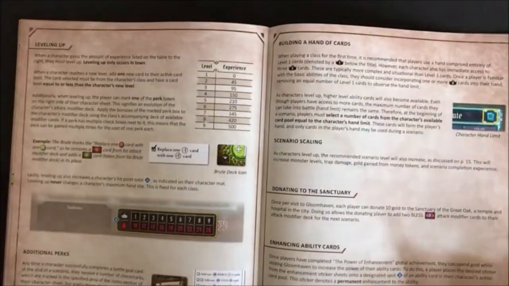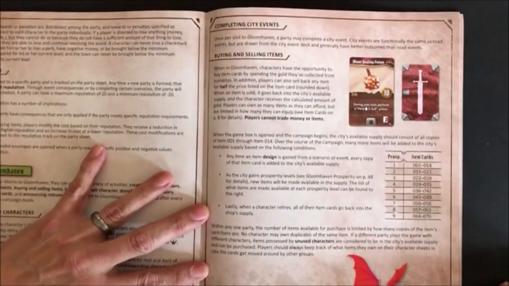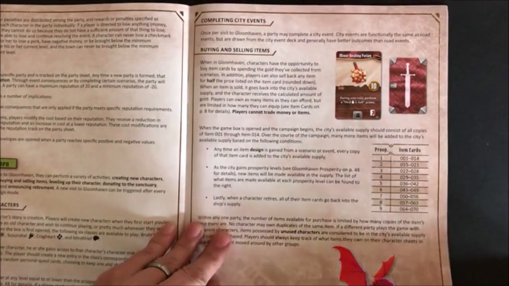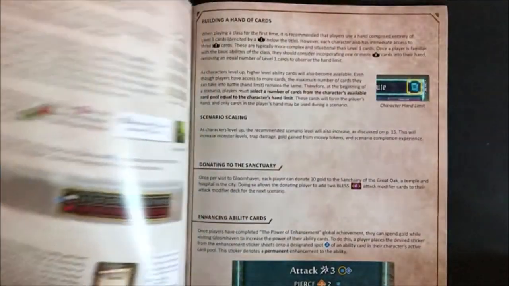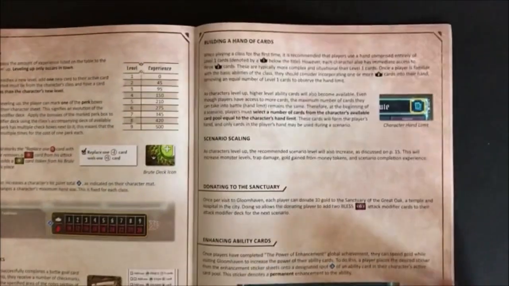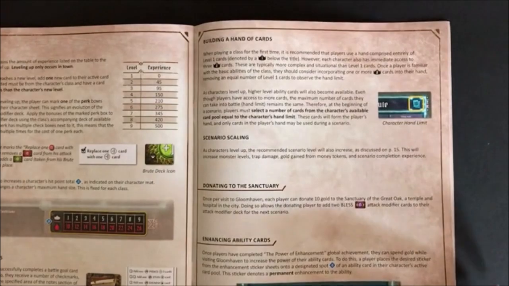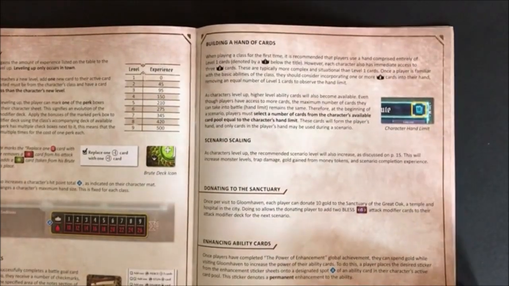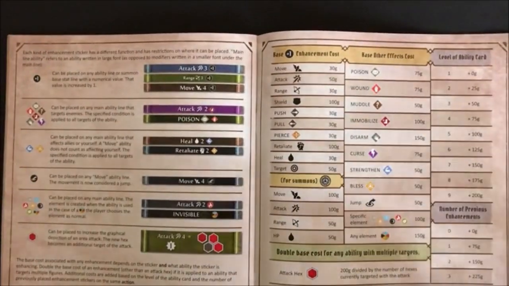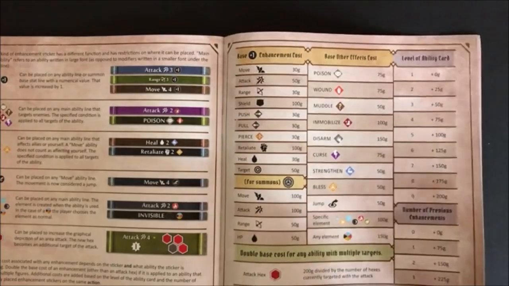And as the town goes up in level, more equipment cards become revealed, so that higher level items are going to be for sale at the city. And you can donate to the sanctuary and get 2 bless cards put in your attack deck. You enhance your abilities, all sorts of stuff, and all these enhancements you're buying off the townsfolk